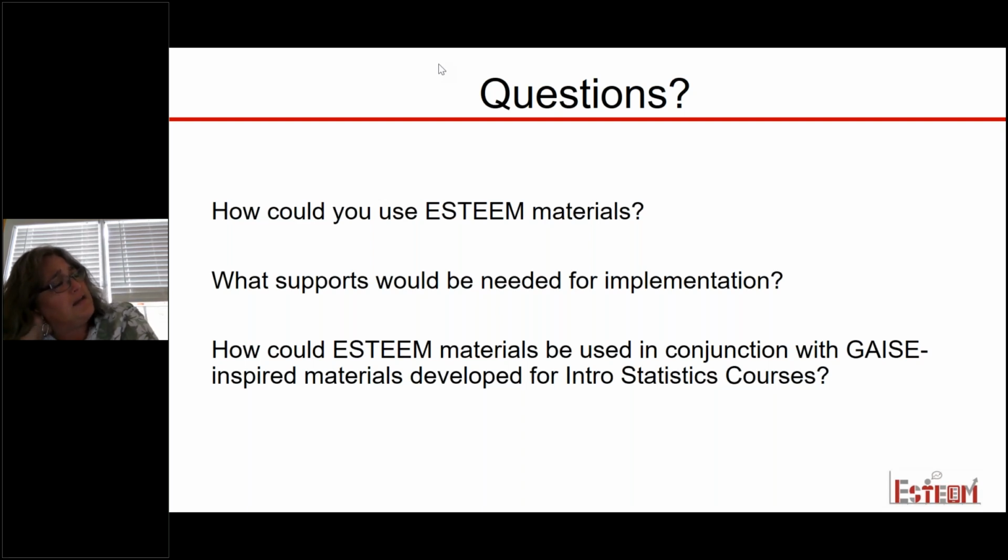But then again, thinking about other disciplines, the kinds of data sets that we purposely use aren't targeted towards specific disciplines. Some of you may or may not know that for several years I taught several MOOCs for teaching statistics through data investigations.